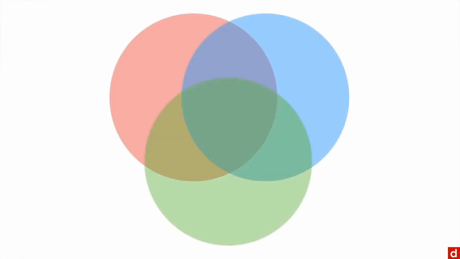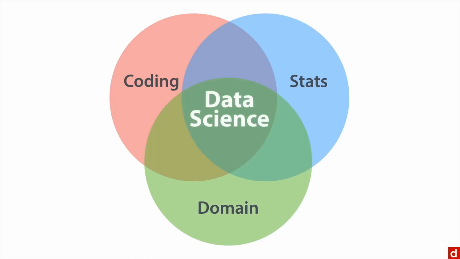But what Drew said is that data science is made of 3 things, and we can put them as overlapping circles because it's the intersection that's important. Here on the top left is coding or computer programming, or as he calls it, hacking. On the top right is stats, or stats and mathematics, or quantitative abilities in general. And on the bottom is domain expertise, or intimate familiarity with a particular field of practice, business or health or education or something like that. And the intersection here in the middle, that is data science. So it's the combination of coding and statistics and math and domain knowledge.